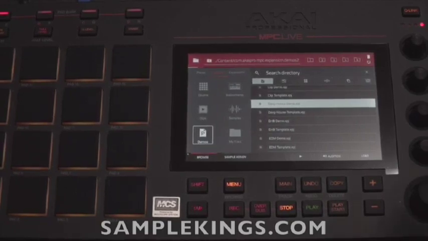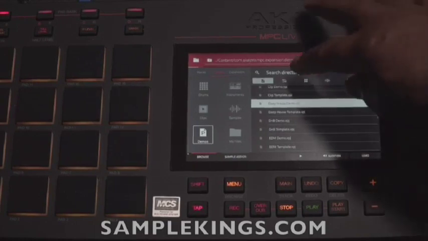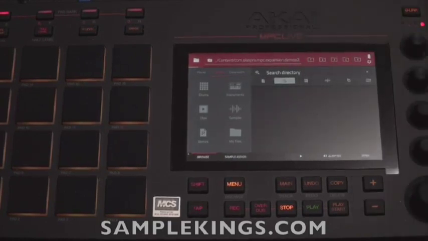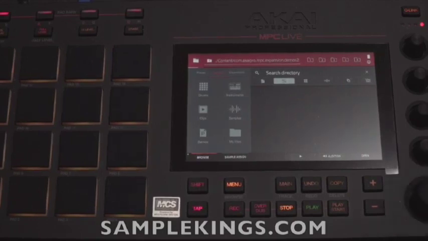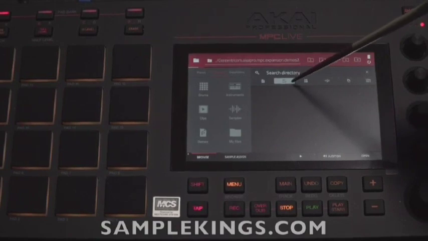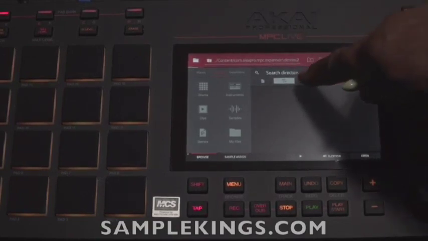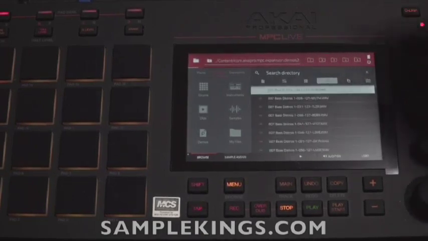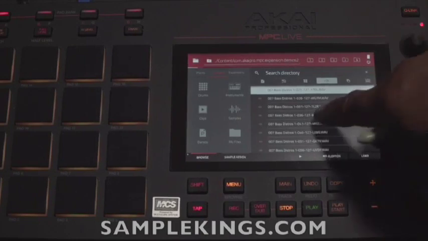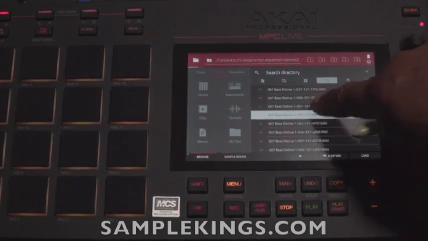XPJ is a project file. So, as you can see, we have this icon here, right? That represents sequences. So there are no sequences for that project right there. This is the program. But these are the samples in the project. As I hit them,